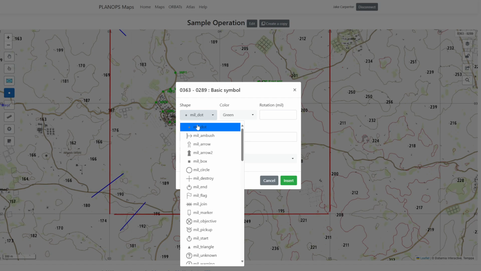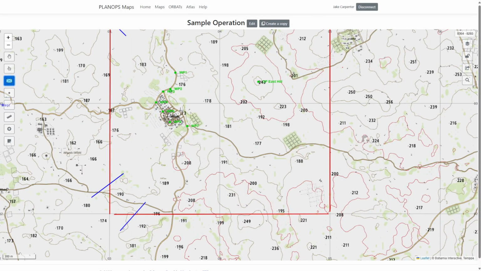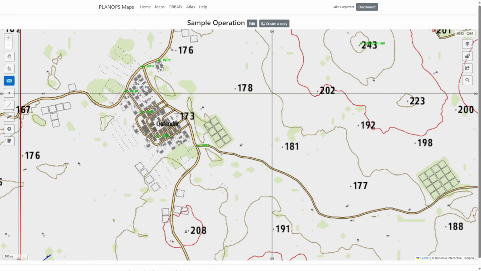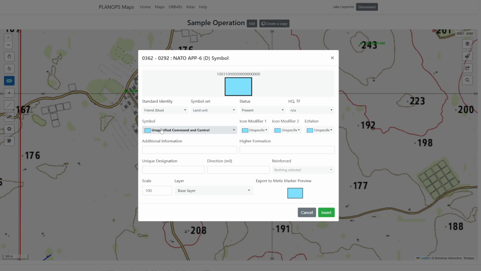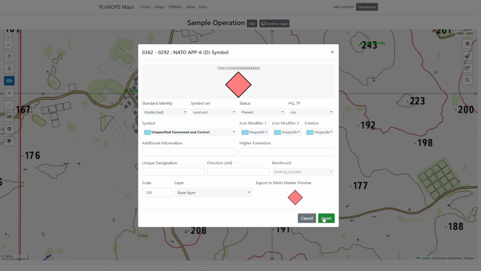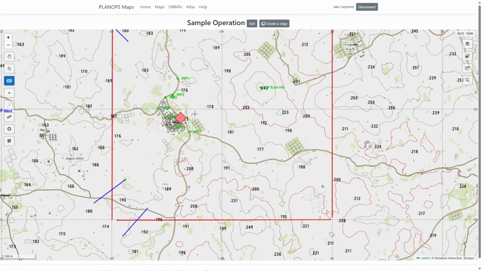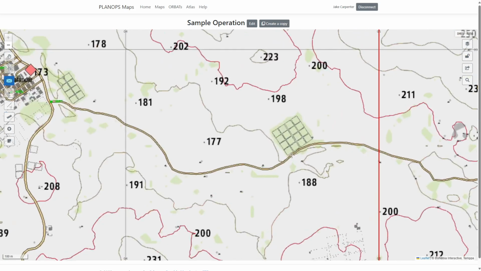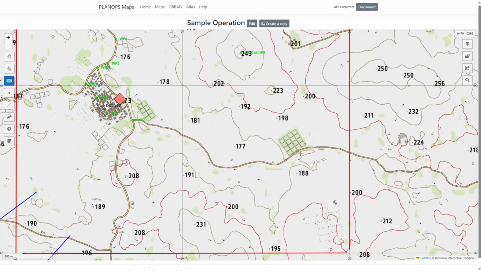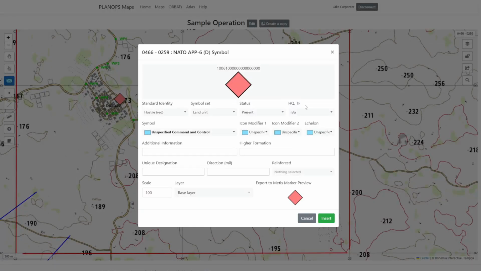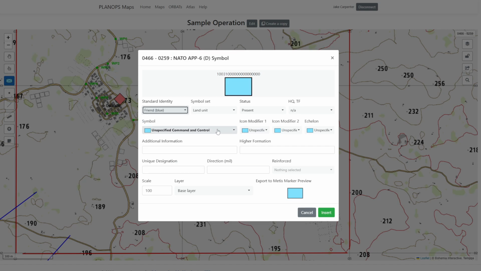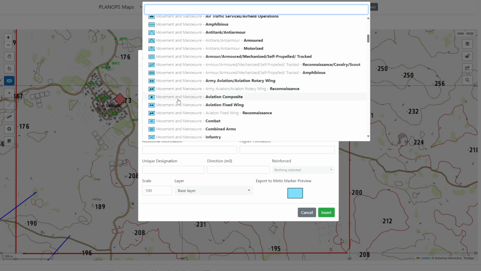If I wanted to, I can put down enemy markers to be like, this is obviously where our enemies are. So if I go hostile, we can place known enemy positions down. If we have a blocking force from QRF, like let's say we need to cut off this road and we have a friendly blocking force, we can do a friendly or a neutral, but we're going to do friendly for blocking force, and we can say it's